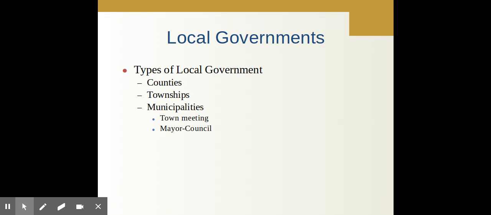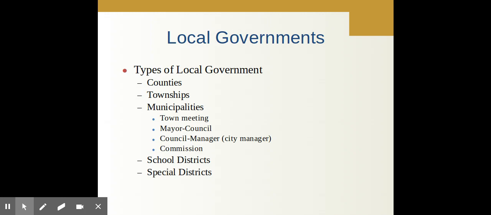In most of Pennsylvania, we have a mayor-council system where either the mayor acts like a mini president and can veto and sign laws and lead the police department, or like in Titusville, the mayor is part of city council and just presides over the meetings. That's referred to as a weak mayor system. And then in most places, they also have a manager. In Titusville, a manager is the one that runs the day-to-day operations. Some cities have a commission where it's a board that has executive power.